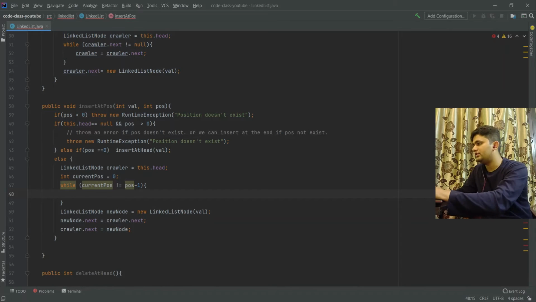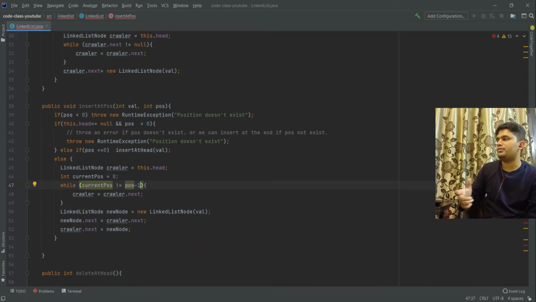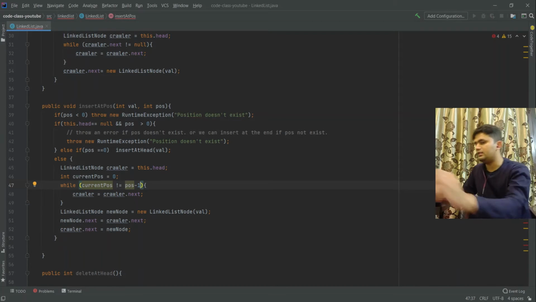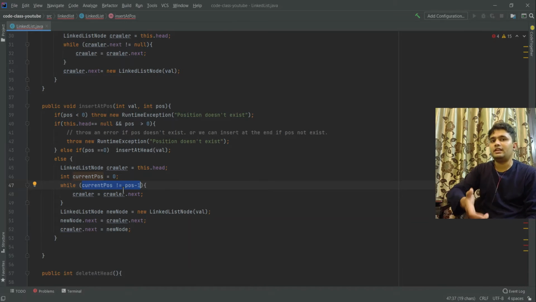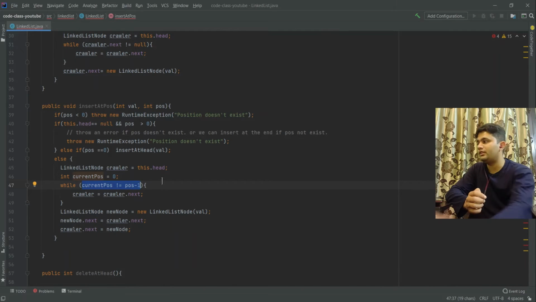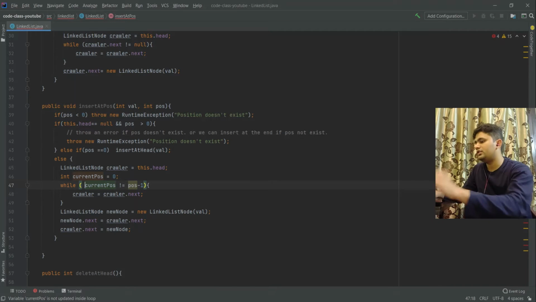Now what we did in this while loop is we simply did crawler equals crawler dot next. Suppose at a certain position our crawler becomes null, but this condition is still not satisfied. That is, suppose our linked list is of size 4 and the user gave us 6. Then this while loop will run until the current position reaches 6, or it will definitely throw a null pointer exception in this case. So what we can do is a safety check here: if crawler is not equal to null